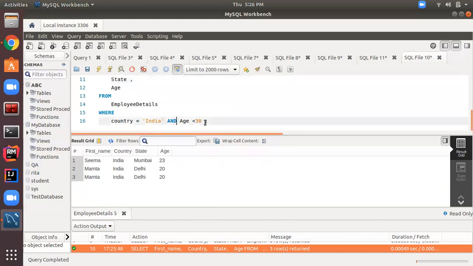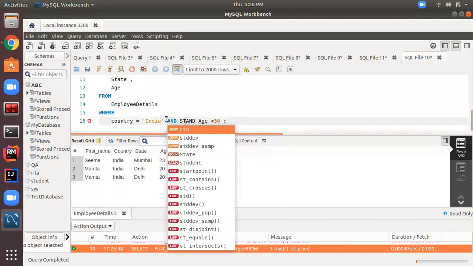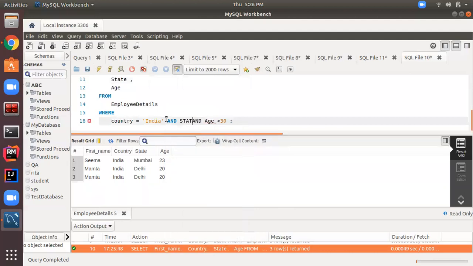So I can add another condition using the AND keyword. Since I have three conditions, I am using two ANDs over here.